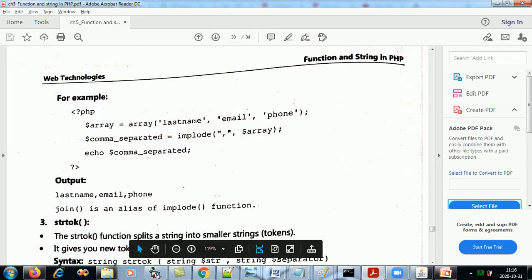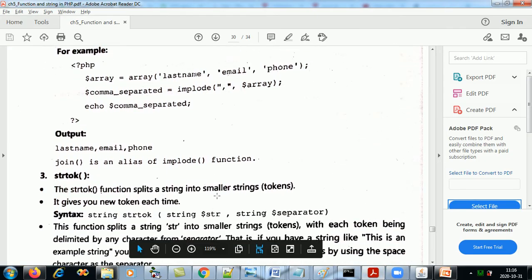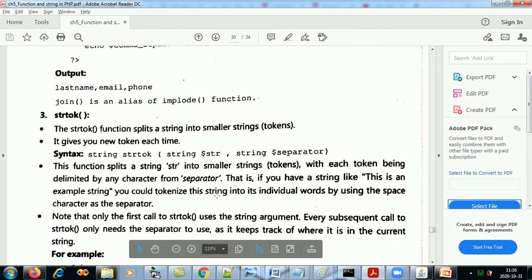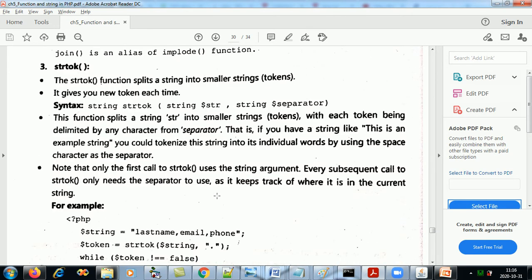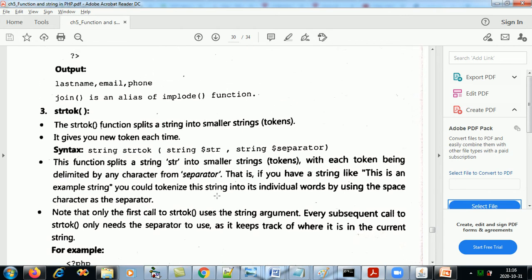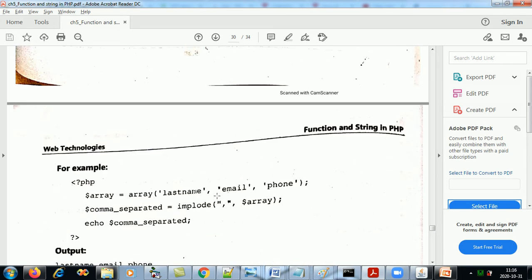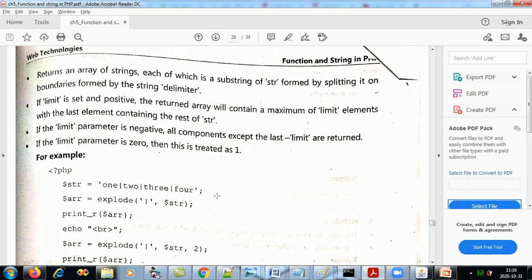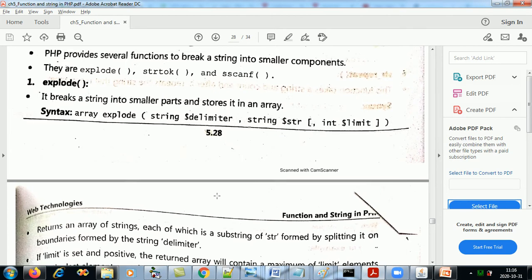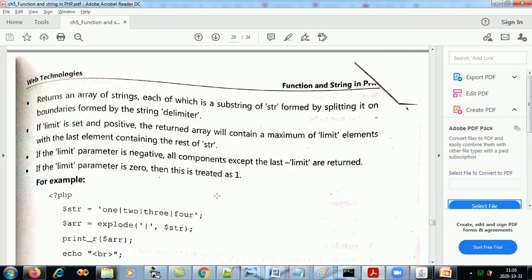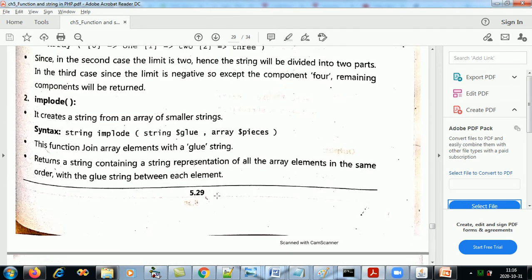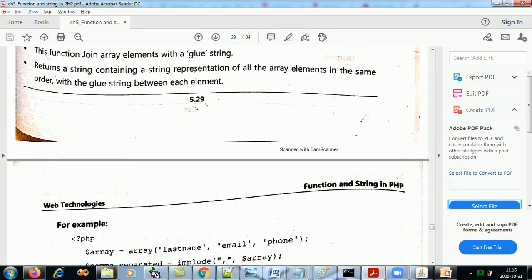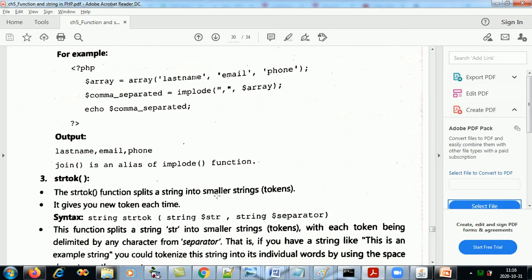Okay, strtok means it converts the string into tokens. It's more or less like explode only. Sorry, there's one more name for implode. Implode has an alias, a pseudo name. It is also called join.